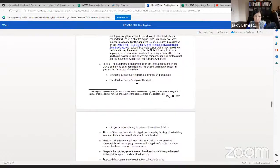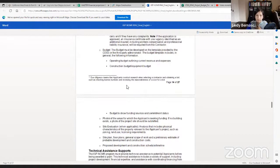Okay, so now, here in the budget. So according to this, it's 3 budgets that we have to present. One of them includes the operating budget outline, current revenues and expenses. So how much you're gonna be making and how much is gonna be the expenses. So if you were making $100,000 in a childcare and then your expenses was like about $90,000, this time for the center it will be hundreds of dollars. No, nothing like that, the childcare. Same thing, the construction budget, equipment budget. The budget to show funding sources,